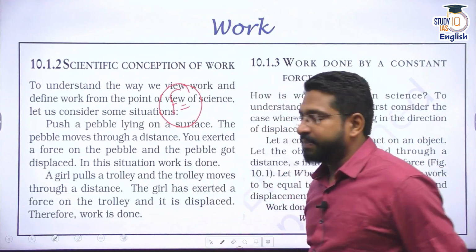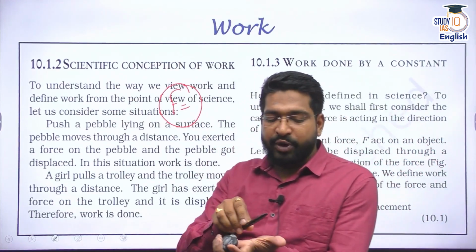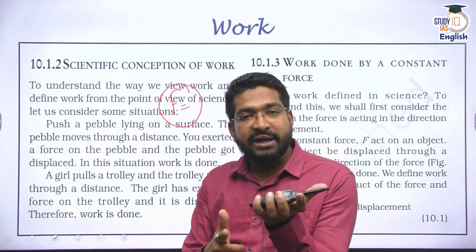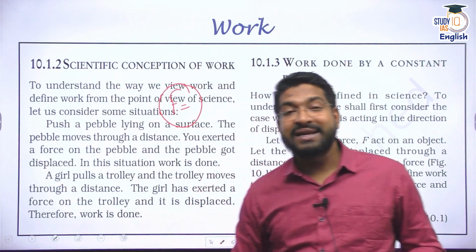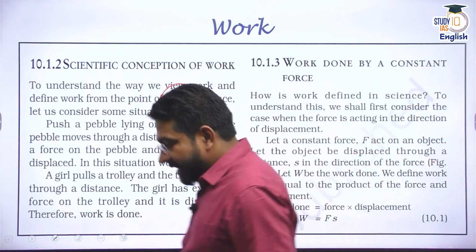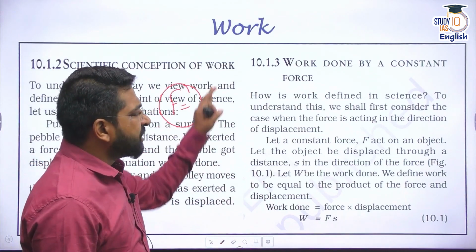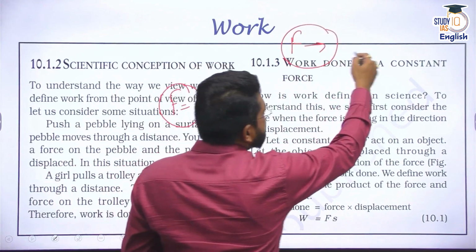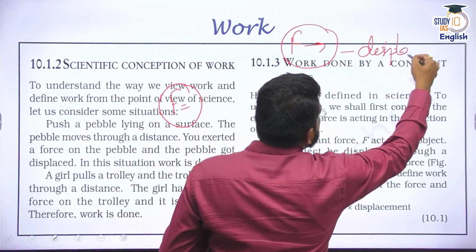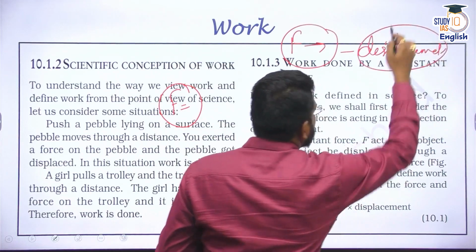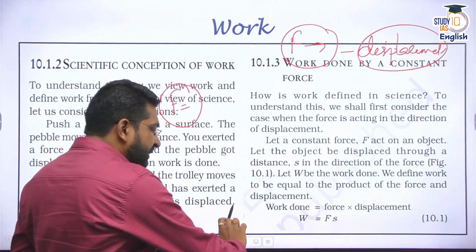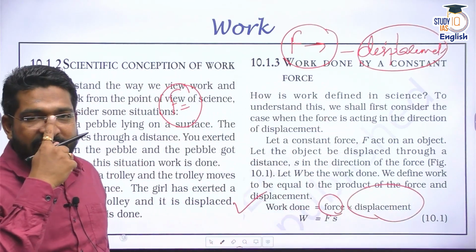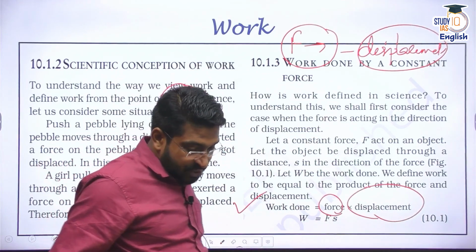For example, there is a pen. If I put a pen on my hand like this, and if I push the pen from here to here, is work done? Yes. In scientific terms, it is done. Why? Because the scientific notion of work is based on the concept of force. You apply a certain force on some object and there is some sort of displacement. That is the scientific idea of work. So work is basically equal to the applied force into the displacement that takes place. If there is no displacement, according to the scientific definition, there is no work done.